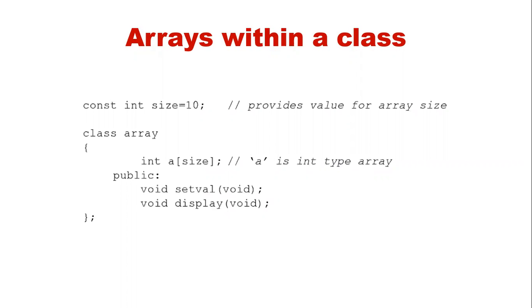So you can see that here we have specified a simple class snippet. Say there is a constant declared, a constant of type integer, and the constant variable name is size, and it's equal to 10. So the size will have the value of 10 all the time. So in the class, integer a of size. In the place of size, we'll be having the value 10. So that means an array of integer type with 10 elements will be created here.